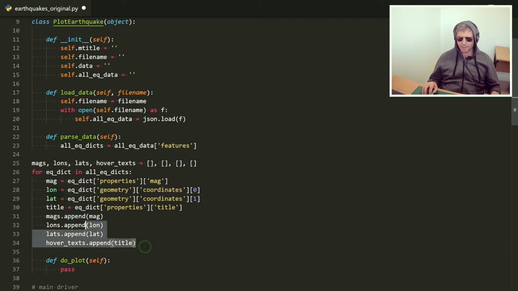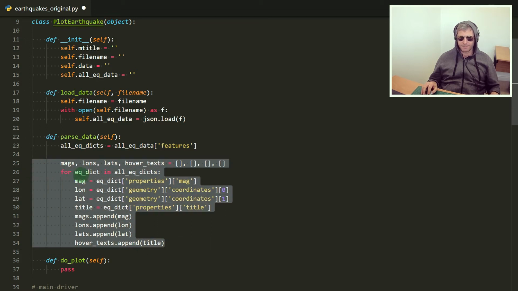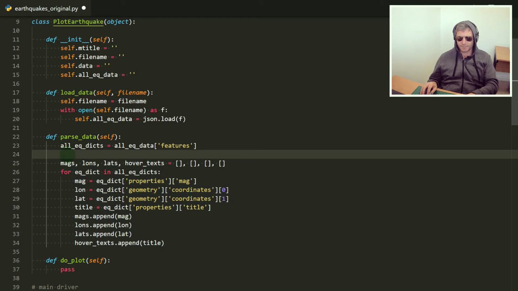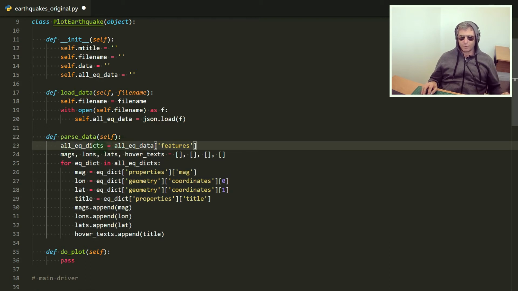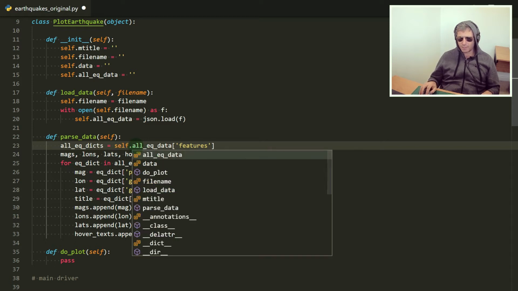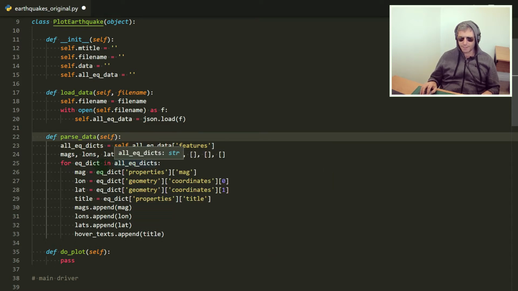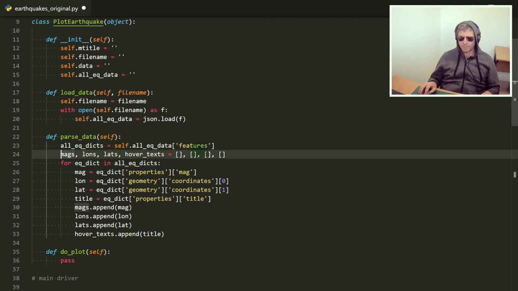Okay, we need to just tidy that up a bit. Right. Wherever we've got all_equal_data, sorry, equals, earthquake data, so self.all_eq_data, and we don't want to be, we want to